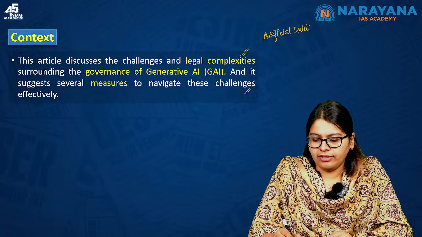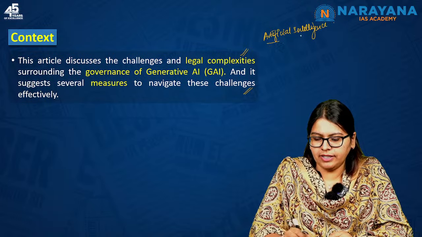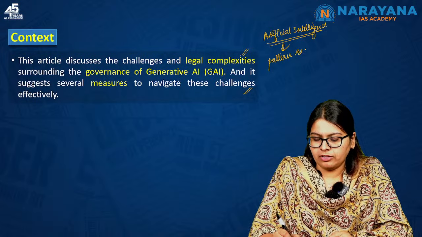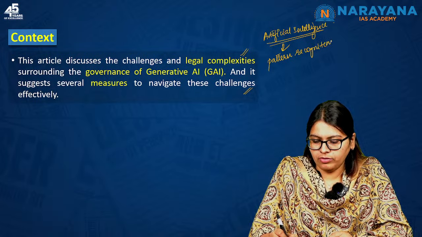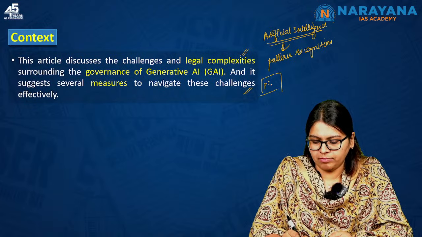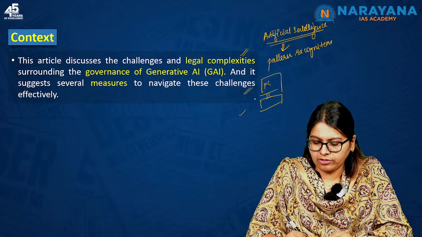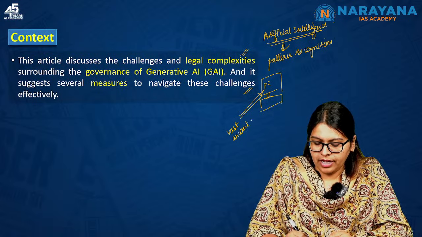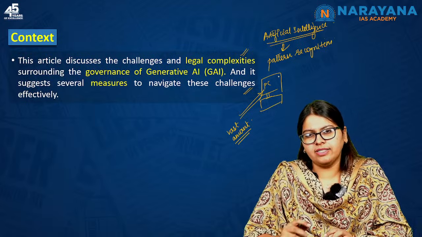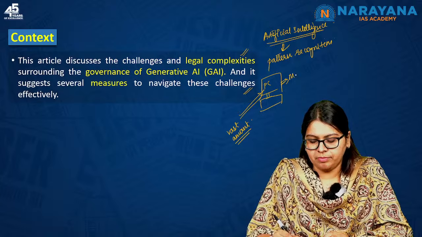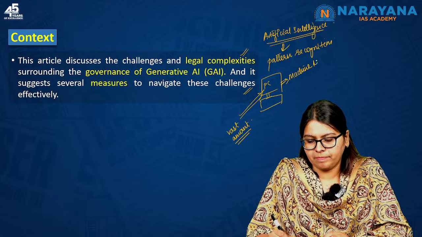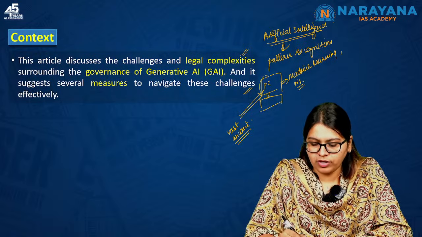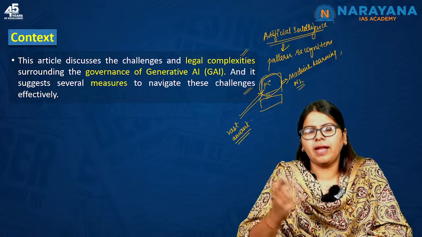Artificial intelligence is basically pattern recognition. I'll tell you what this pattern recognition is all about. First of all, if there is a PC, that is a computer, I feed a vast amount of data into this PC, and the PC utilizes a number of tools such as machine learning, then neural networks, etc., in order to process this and to recognize a particular pattern in the data